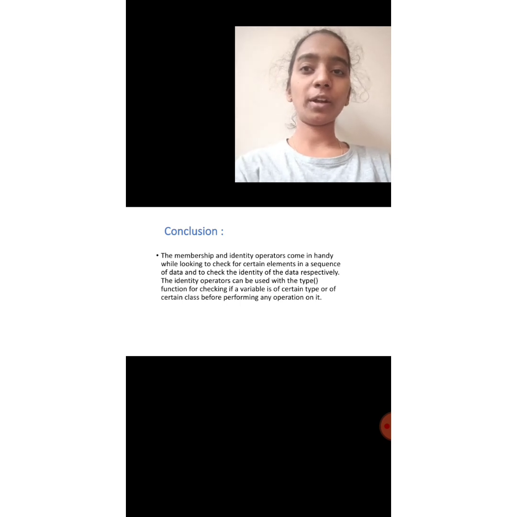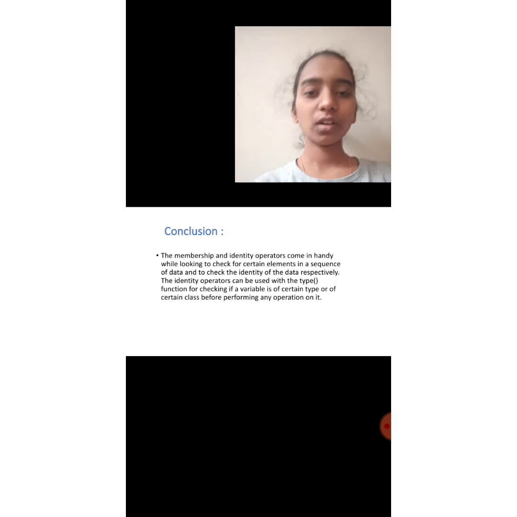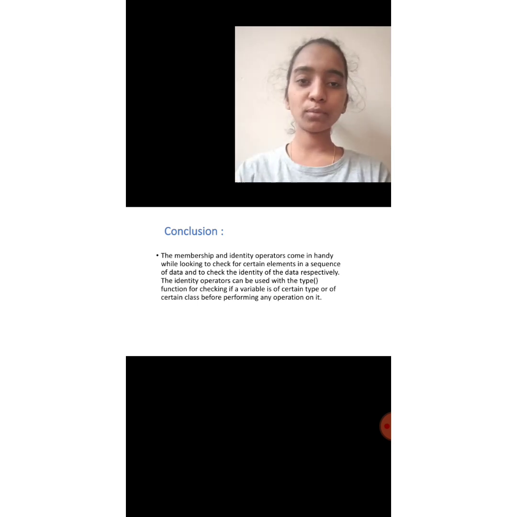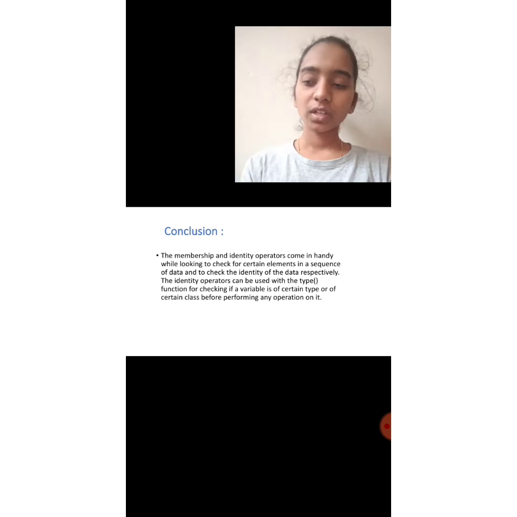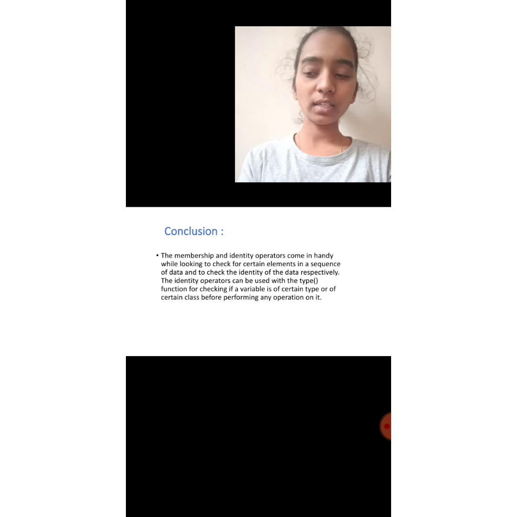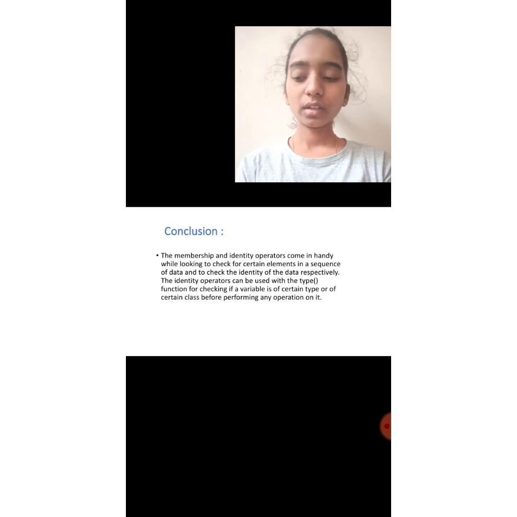There are two logical operators, and and or. We can apply these operators for Boolean type or non-Boolean type. For non-Boolean type, 0 means false, non-zero means true. An empty string is always treated as false.